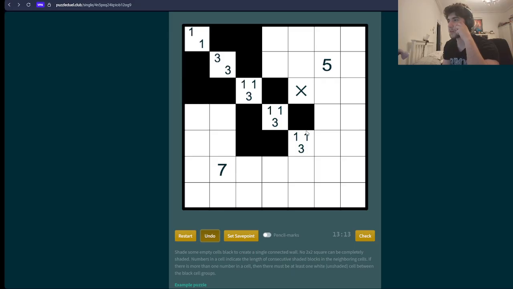Let's see if we can try and derive some more contradictions. First things first. Oh yeah, we need this to be 1, 1, 3. It's very difficult to ascertain what the contradiction is with this cell being black. I think it is something to do. I mean, you'd have to know that surely this cell can't be shaded in,